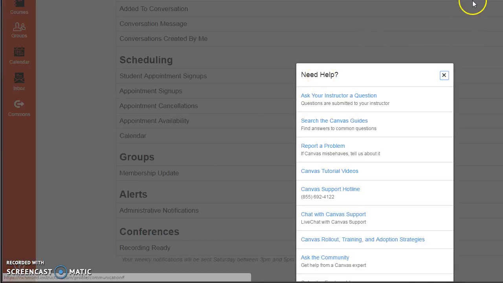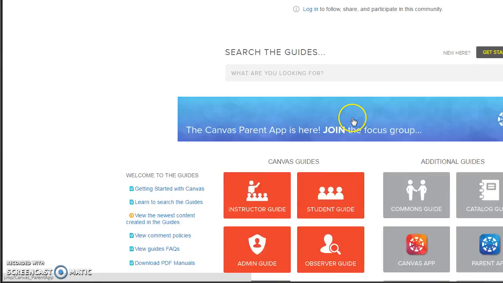So when you do help, you can have all kinds of help. You can ask a question, you can search guides, you can report a problem, you can search tutorials, you can chat, you can do almost anything. This help is one of the best helps that I've seen in a program. If you go to the search guides